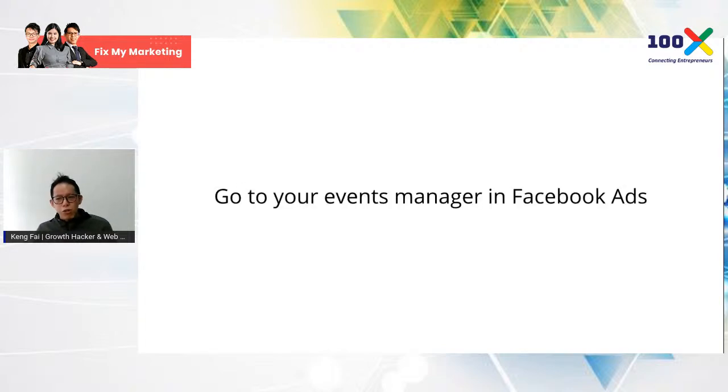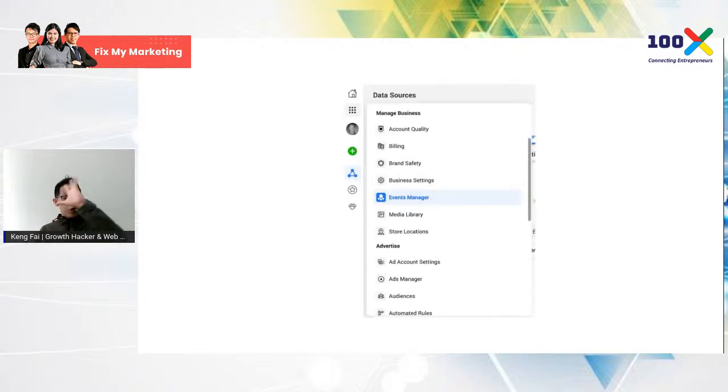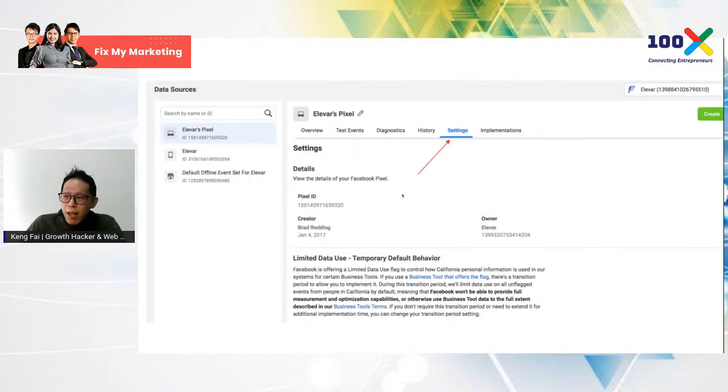So right now, just go to Events Manager in your Facebook ads. So how do you locate it? Once you go to your Facebook ads, you just click on the left top there, this button right here. This little nine-dot button over here, and you will see this Events Manager. Click that, and you would see something like this if you have set up Pixel before. This guide is mainly for those people who have set up Pixel before. Those who haven't, you have more steps.